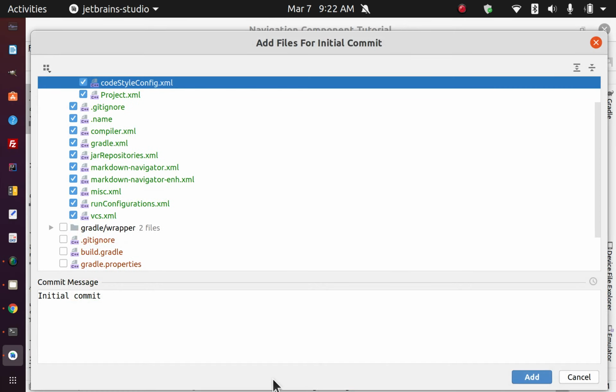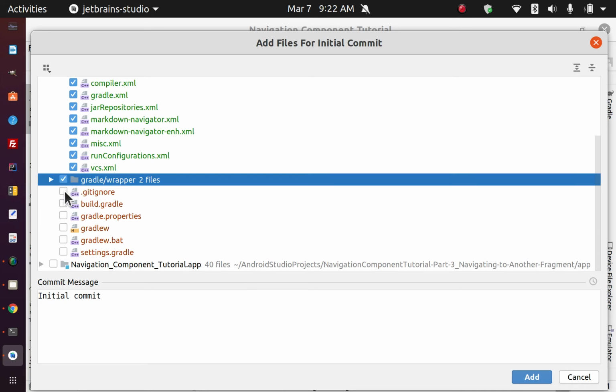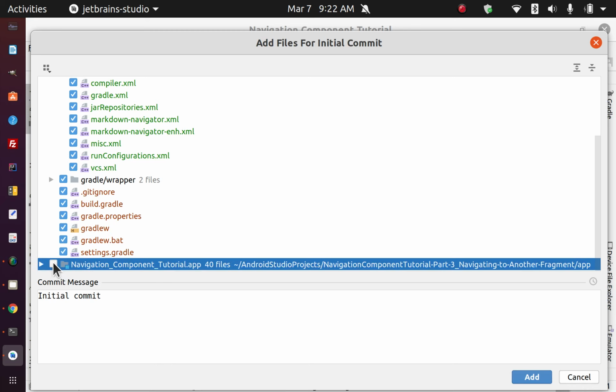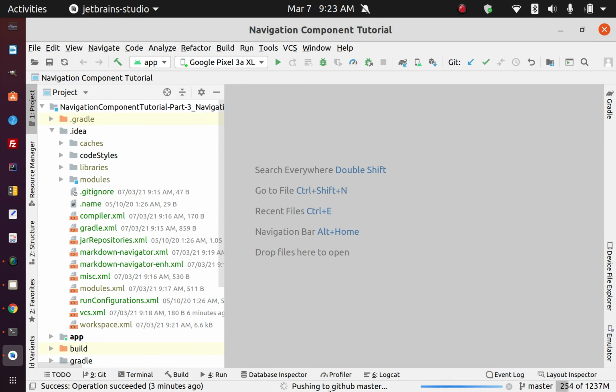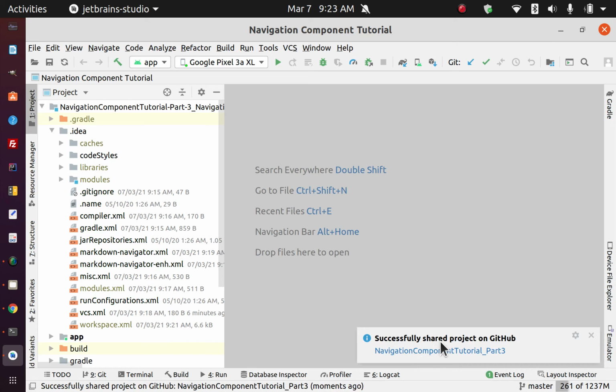So it's creating the repository. Now these are all the files to be added, so I'm just going to select all the files, and that's it. So I'm going to add those. Now this is the initial commit, just to show it's working. I'm going to put, so today is Sunday the 7th of May 2021, time is 9:22 AM. So let's correct that and add, and it's now pushing to GitHub master,